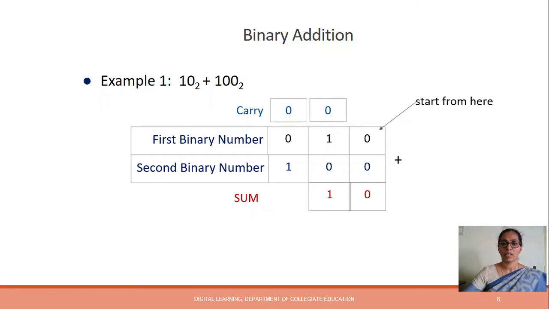The sum bit is 1. Here also no carry. In the next bit, adding these two, we will get 0 plus 1. You will get the result as 1. Here also there is no carry. So the sum of 1, 0 and 1, 0, 0 is 1, 1, 0. So we can say this as the decimal number 2 and the decimal number 4. 2 plus 4 is equal to, this is equivalent to 6. In that way we can verify whether the answer is correct.